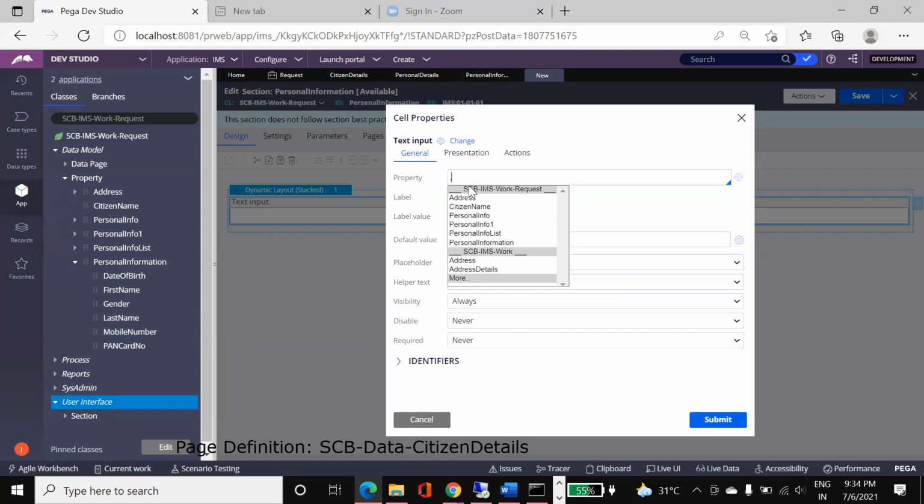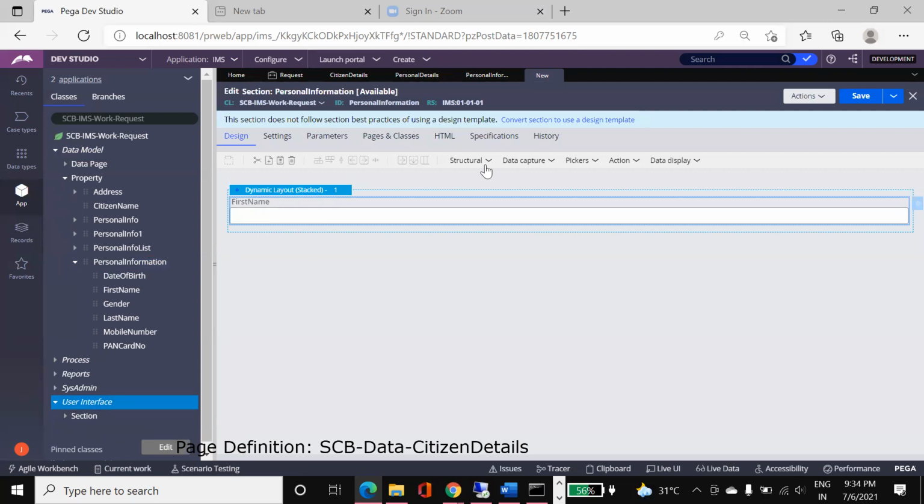You get the Work-Request class inheritance directly, but your properties are in SCB Data PersonalDetails, so you won't get them directly. Even if you type name, you don't get it. For this situation, we have to use the page. So personal information dot, and now you can access your data class properties like first name, gender, and everything. You select here and submit, and you will get your property.